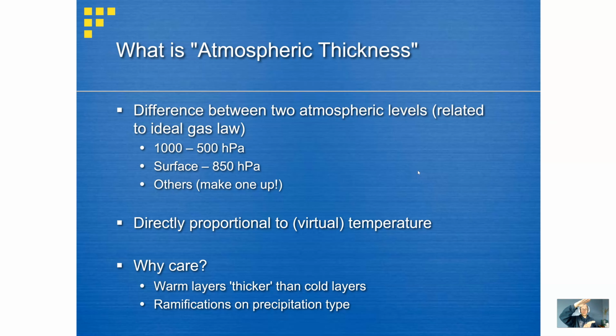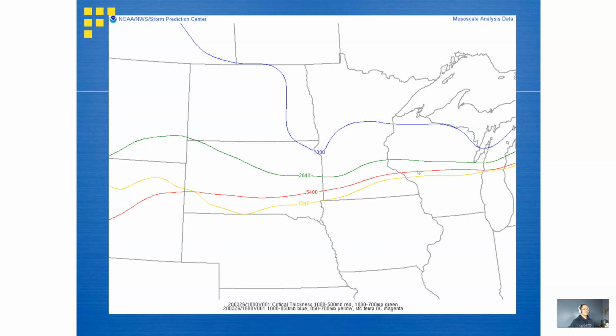So as we work our way into summer and thinking of, say, under a nice strong ridge in summertime, we may have a very high value for your 1,000 to 500 millibar thickness. And as you work your way into the colder months, in the wake of a trough, we may see lower thickness values. Again, cold air is more dense than warm air. And the main reason we care again is that we're going to look at this in terms of what could happen in terms of precipitation.